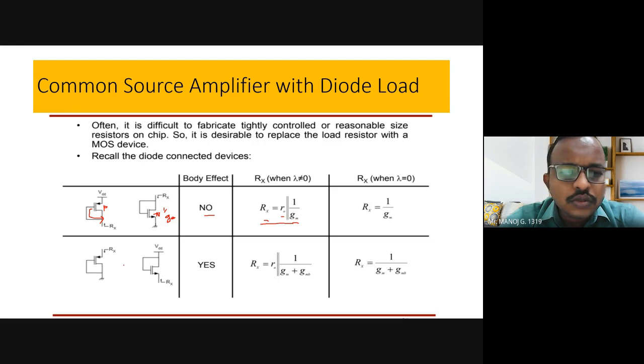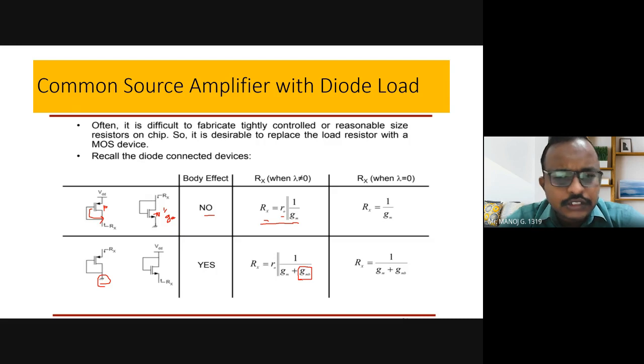Similarly, the other way you can do it is to short these two terminals and ground it. That means your bulk, the body effect, comes into play. If the body effect comes into play, there will be a resistance because of this grounding of the substrate. That is given by gmb, where mb means bulk. Because of the bulk, there is a transconductance effect, so that value gets added in series with the